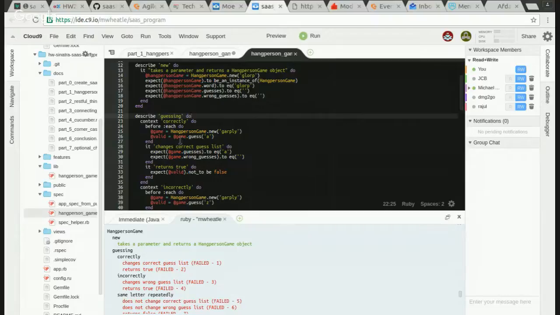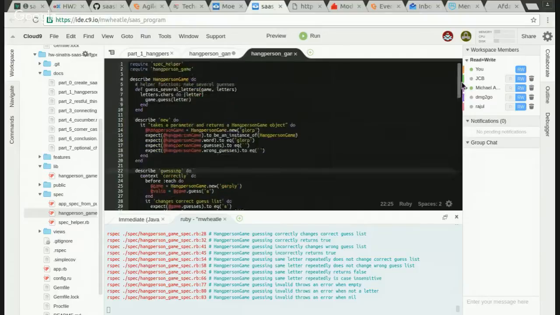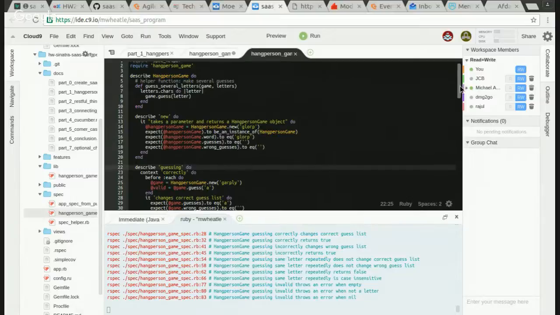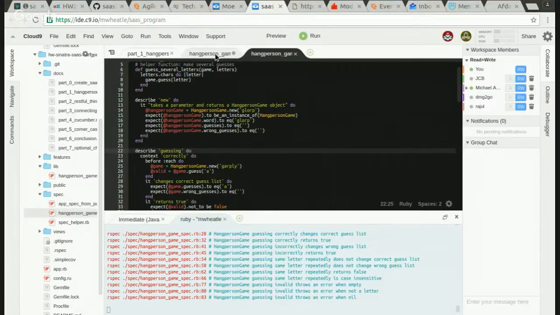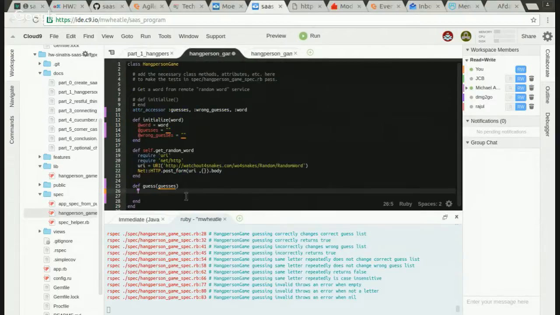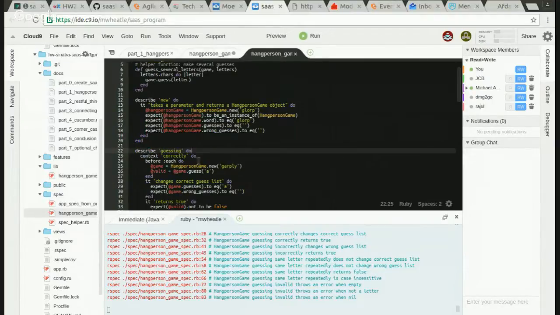Valid guess. So they created a new object, and then they set a variable equal to that object with the guess method on it. That guess method will have to match. The guess method is what we're defining now. If it's a match, then